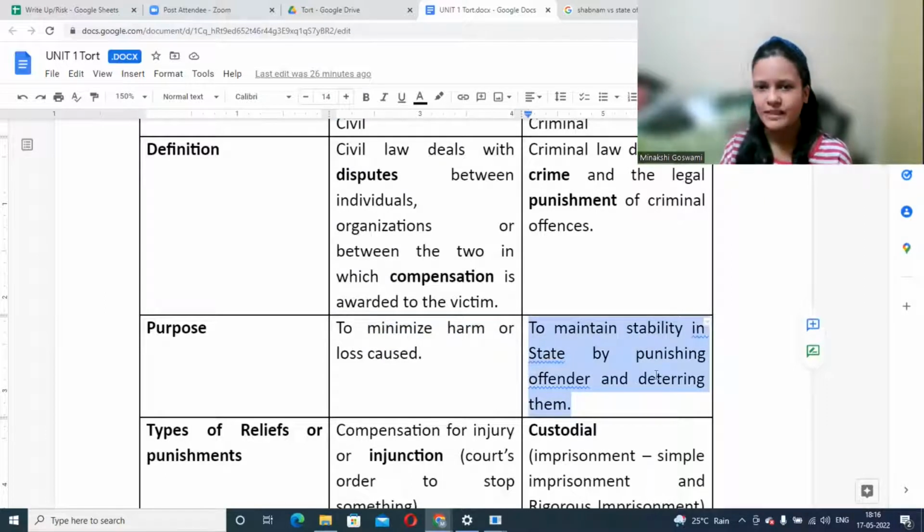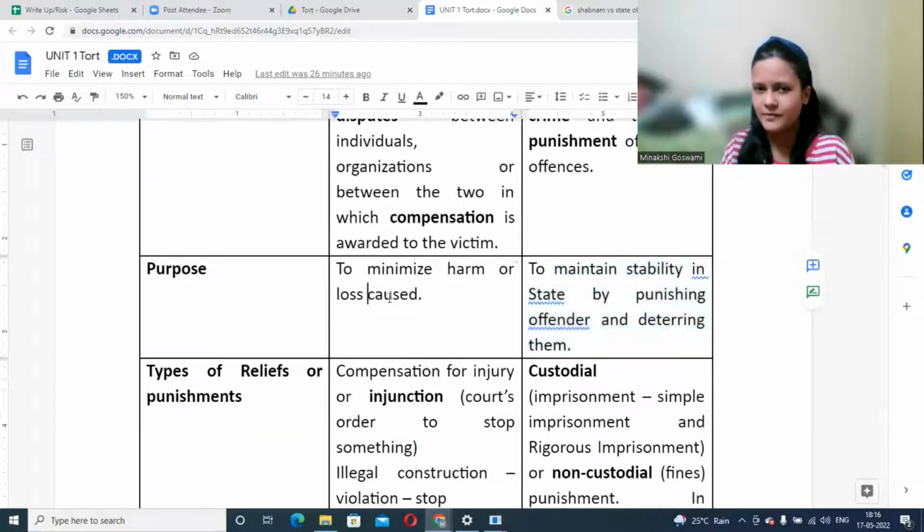When we talk about criminal, punishment is given to the person so that if the person is sent to jail for 10 years, he cannot commit any crimes for 10 years. Plus, other like-minded people would also think that if I also kill someone, it's not that easy to escape the punishment. I also may be sent to prison for 10 years. It's better not to commit. That creates awareness. So that is the main purpose for both these things. Even then, we have different types of punishments, and different types of reliefs in civil as well. This is the most common one.